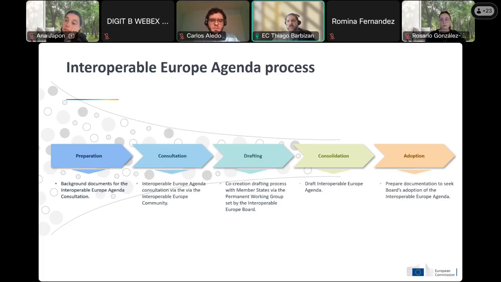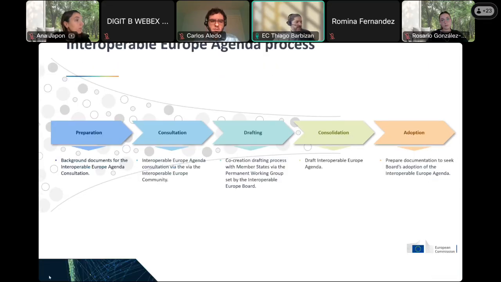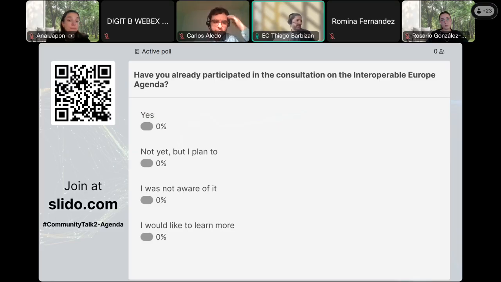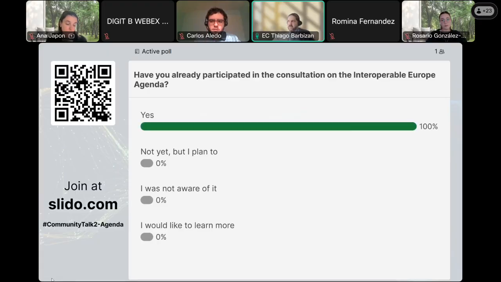And as this is an annual exercise, we are having now the consultation for the review of this agenda for 2027. And this is the context in which this community talk is happening today. So if we go forward in our slides, we have also another slide asking the question if you participated in the consultation on the Interoperable Europe Agenda. Last year, this was launched